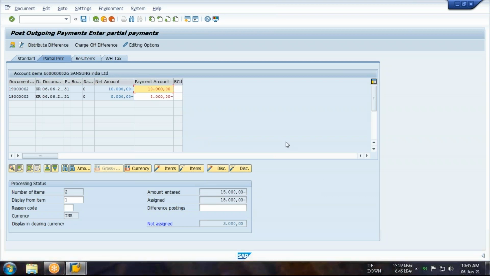Does everyone understand this option, sir? How is against reference handled in SAP? So guys, I am going to make the payment of 15,000, but my outstanding is 18,000. Now you tell me which bill should be adjusted fully, the first one or the second one? If the first bill has been adjusted fully, there is nothing to do with the first bill. You just come to the second bill and double click on this amount. So it will be automatically adjusted with the remaining amount. And if you have decided that no sir, this one has to be adjusted fully and the remaining amount adjusted with this amount, you just come to the first bill and double click on it like this.